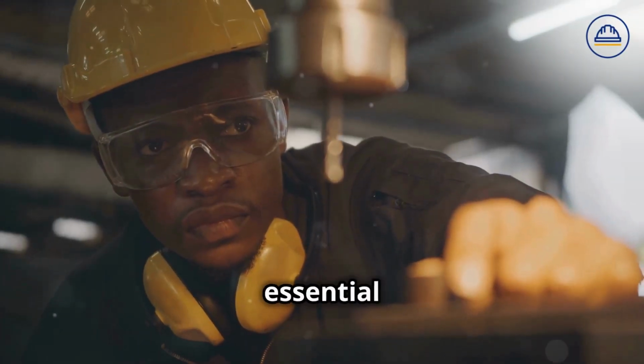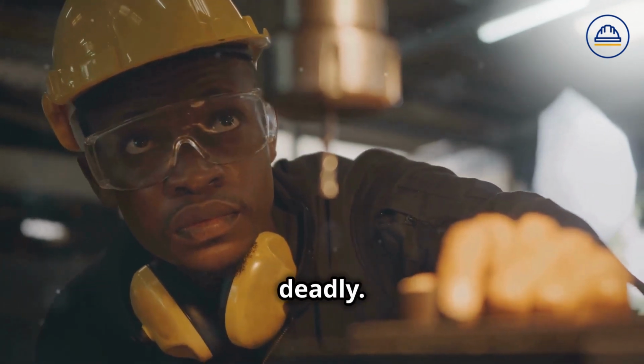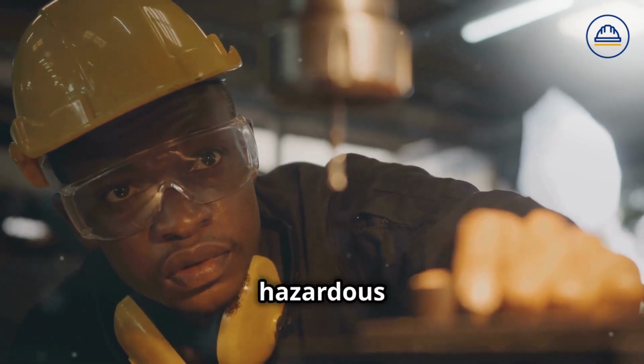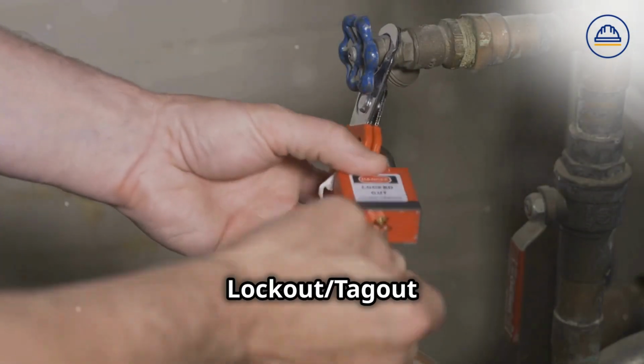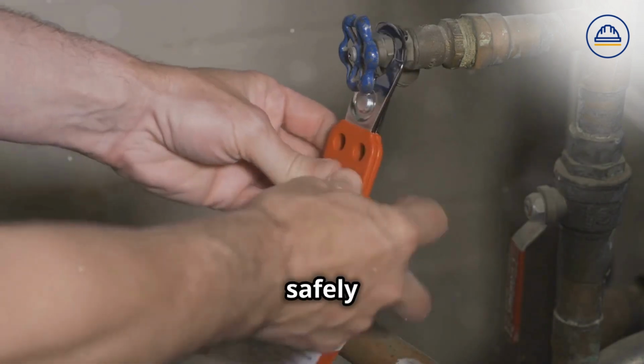Working with machinery is essential for many jobs, but the release of unexpected energy can be deadly. Lockout, Tagout, or LOTO is your first line of defense to prevent hazardous energy incidents. At OSHA Education School, our Lockout, Tagout programs and procedures course teaches you everything you need to know about safely